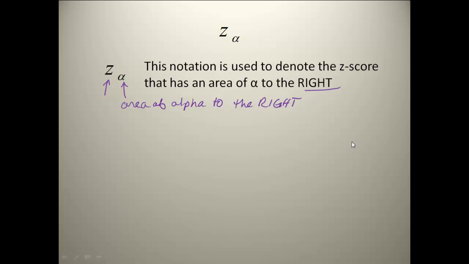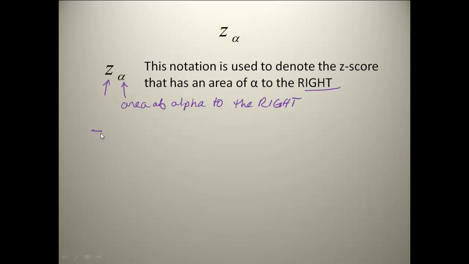Now this is slightly different than table 2 because table 2 was always in terms of area to the left. Well, when we use Z alpha notation, we are looking at areas to the right. So if we were to have an example, let's say it was